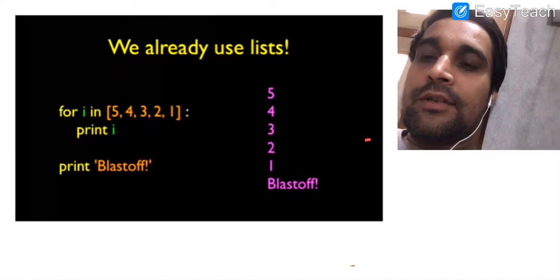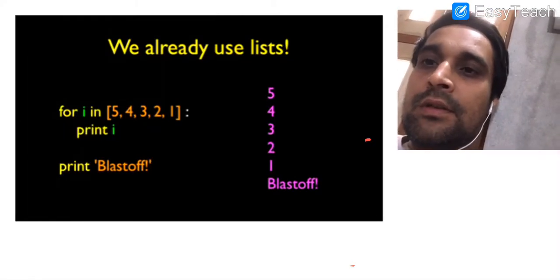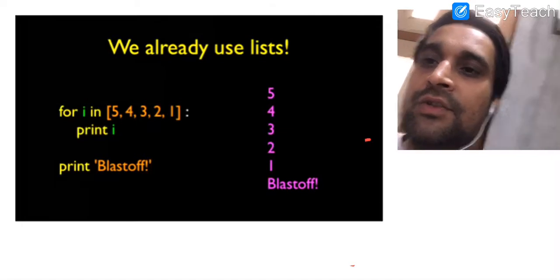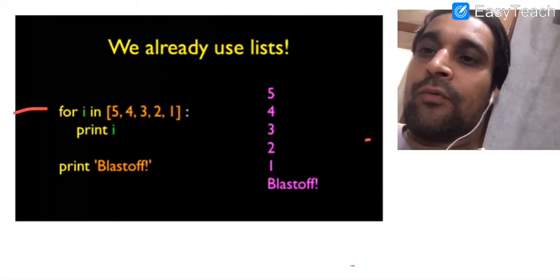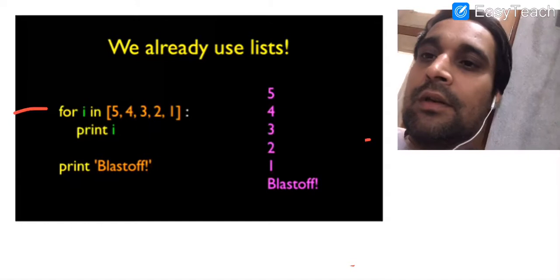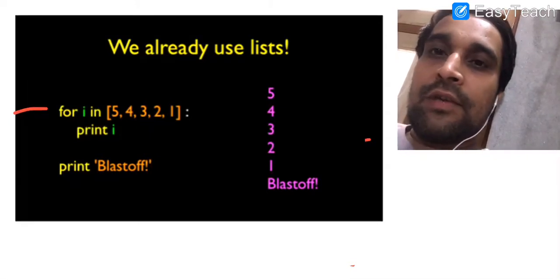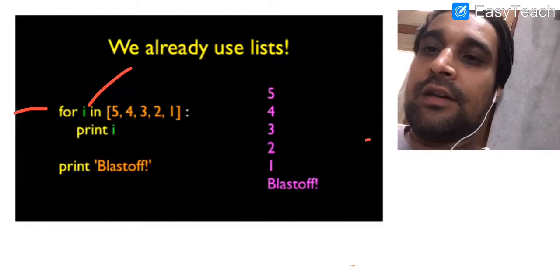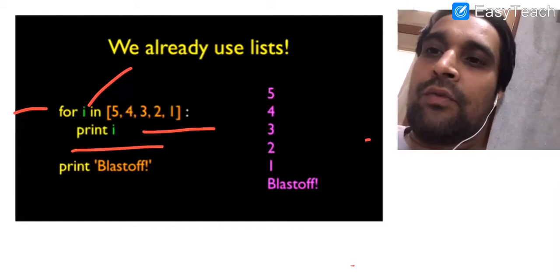Now here in our example we are going to discuss how to print a list, or you can say how to traverse a list. We have used a for loop for that. We have written for, which is a keyword in Python. Thereafter we have written a valid identifier, that is i. Then in is a membership operator in Python. Thereafter we have given a list, and every time we want to print the value of i.